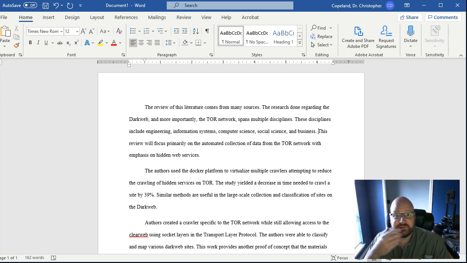All right, so that's very true, actually, and a lot of these are interwoven in between each other. So in social science, criminology is certainly a social science. The review will focus primarily on the automated collection of data from the Tor network with emphasis on hidden web services. The review should provide. I like that. My brain said one thing, my hands did another. Provide a good